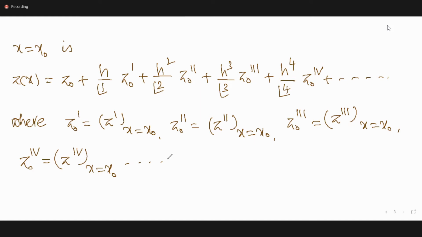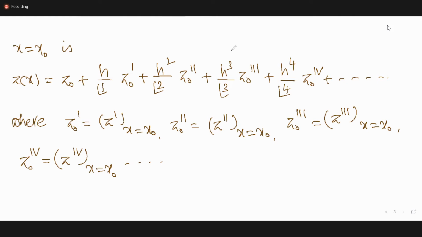That means these two expansions represent the values at x is equal to x1, that means y1 and z1. So these two Taylor series expansions are representing y1. And how to find y2? y1 is in terms of y naught, y2 is in terms of y1, y3 is in terms of y2, like that. Is it clear?